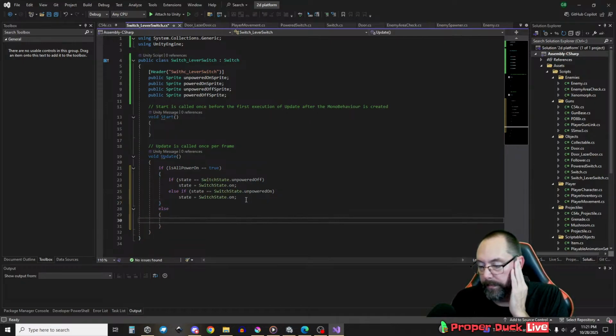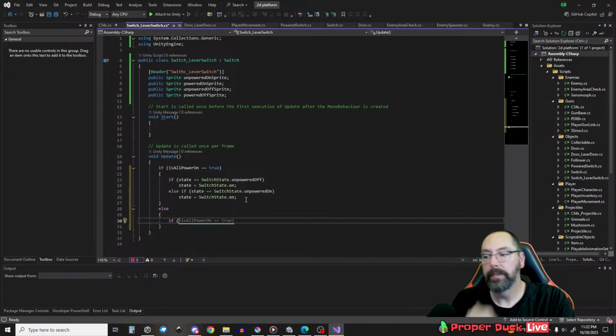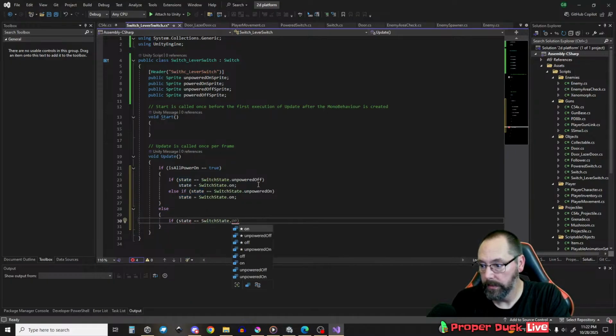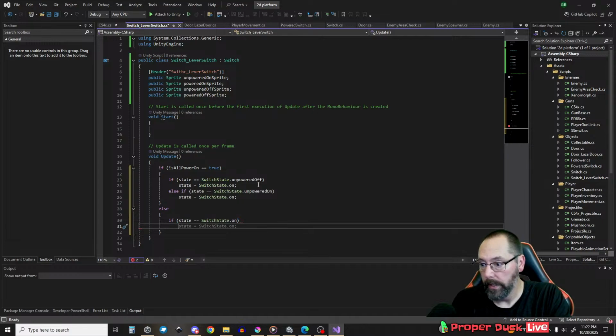Okay, so if the power is changed to on, then we change the state of the switch from an unpowered to a powered state. And now if, and I wonder if I should rename that to powered on and powered off, since my sprite names are like that. Yeah, I'll do that. So if state is switch state dot on, then we go to state unpowered on,